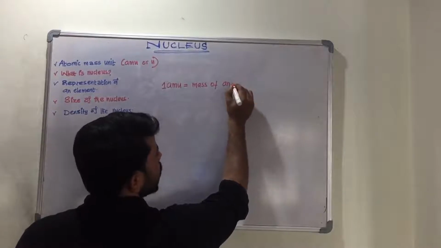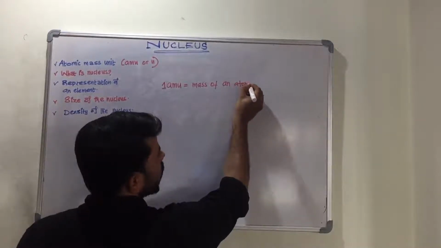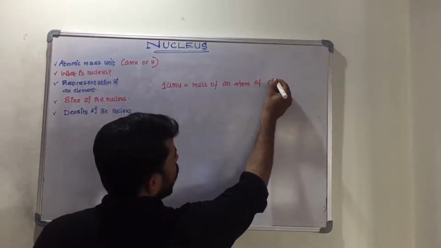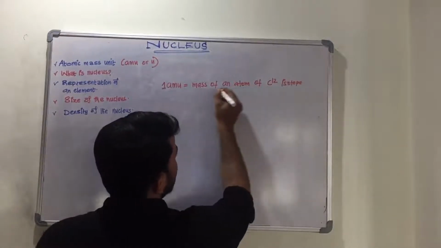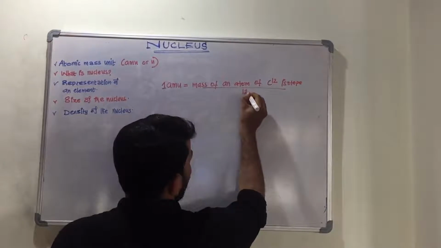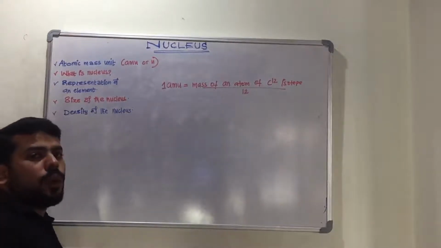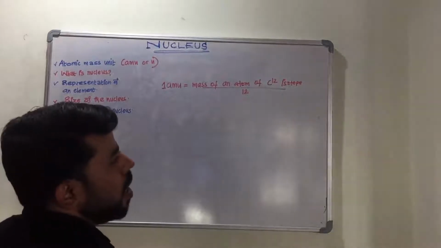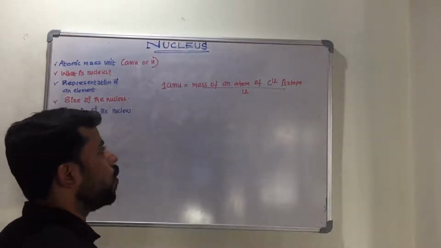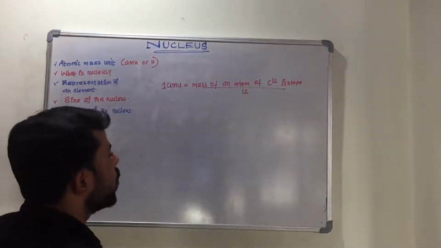divided by 12. That means 1 AMU is 1/12 the mass of an atom of carbon 12 isotope. Let's see what its value is in kilogram and gram. For that,